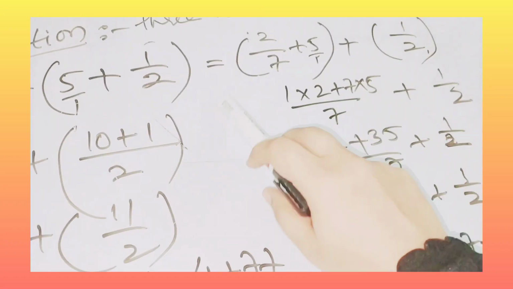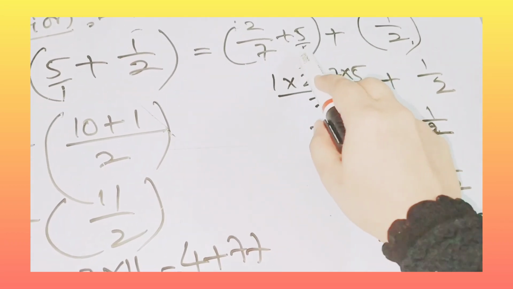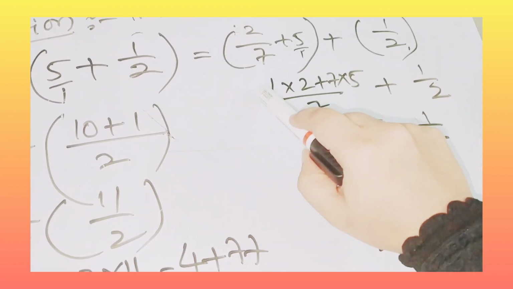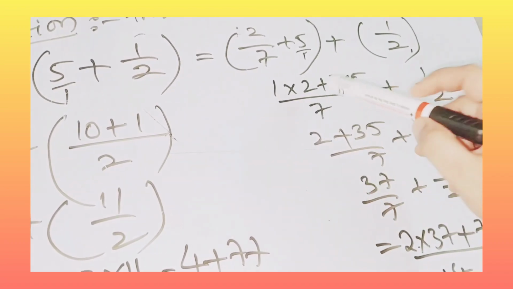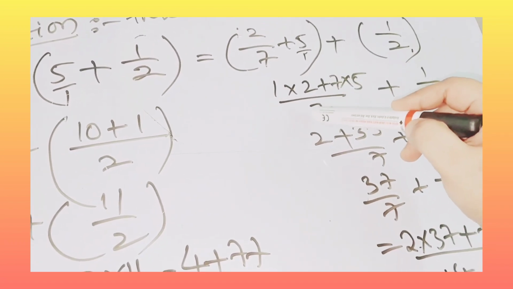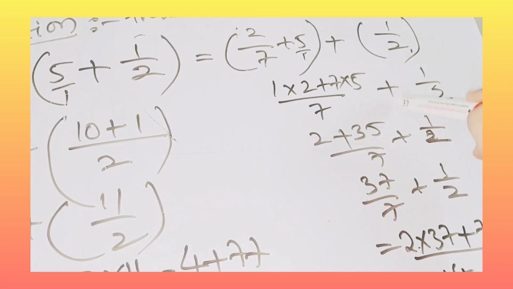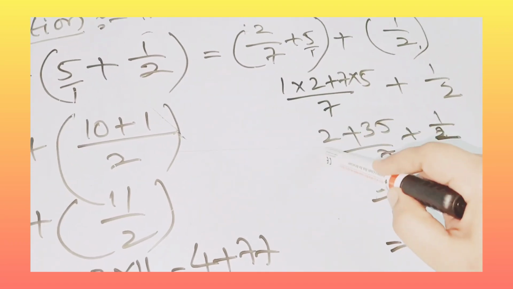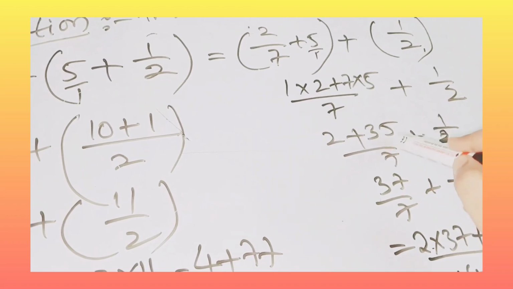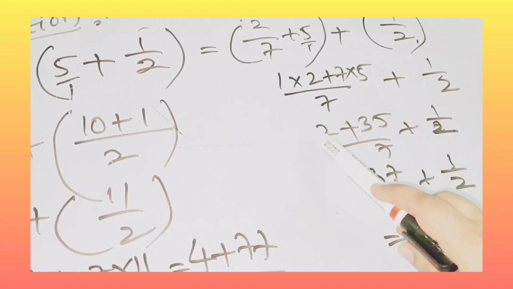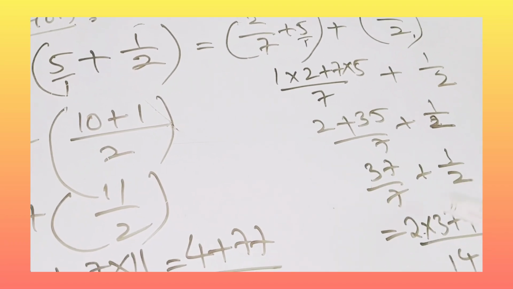Okay, so here again 1 is there, LCM is 7 here. How many times 7 goes in 7 table? It goes 1 time, 1 into 2 plus, okay, here 1 is there now, so you can multiply this. 1 into 7 is 7. Okay, 7 into 5 plus 1 by 2. Okay, 2 plus 2 1s are 2, or 1 2s are 2, plus 7 5s are 35 by 7 plus 1 by 2. 35 plus 2 is 37 by 7 plus 1 by 2.